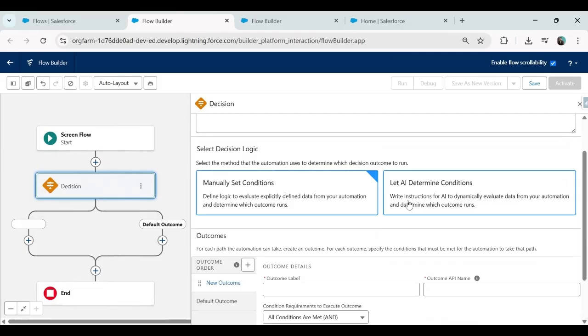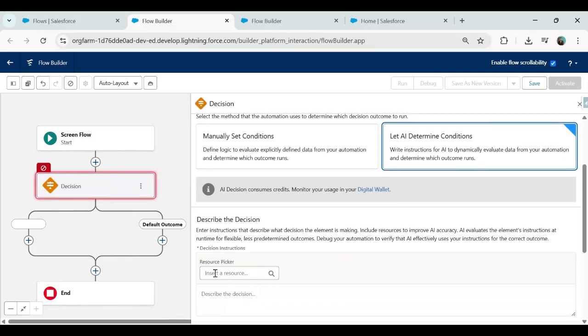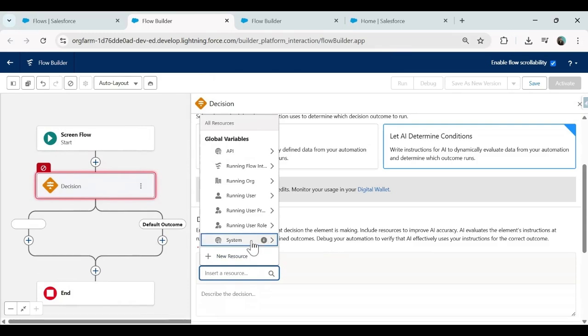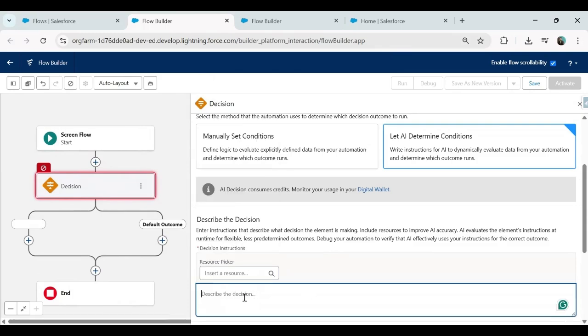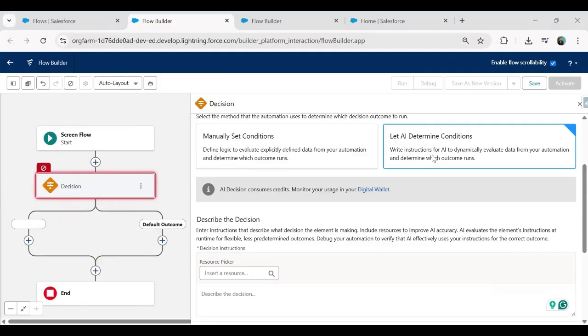So we have to write instructions for AI to dynamically evaluate data from your automation and determine which outcome runs. So there would be a resource picker, and then we have to describe the decision here. We have to give a decision, and accordingly it will run. So we can implement the AI feature into that. So the flows can interpret structured data and decide which path to take based on the instructions